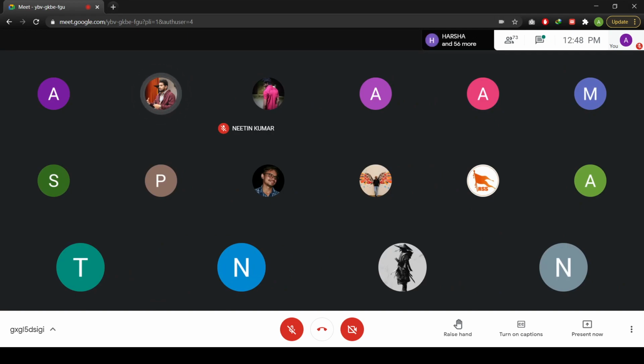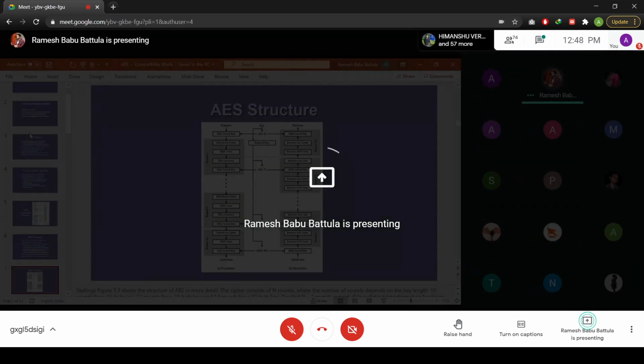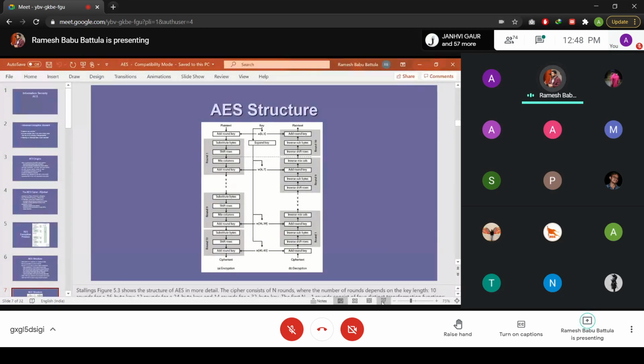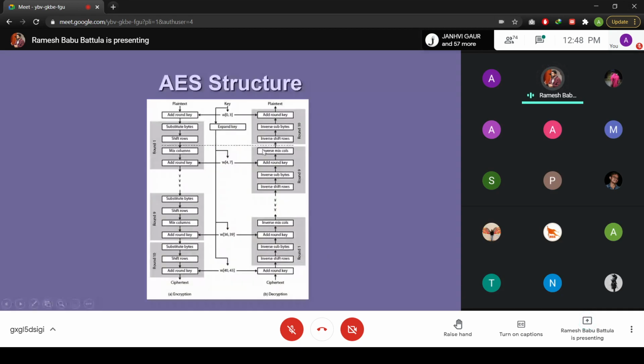Just keep in mind what I want to say to you about this AES algorithm. We are talking about the AES algorithm, and I'm briefing about it. We have 10 rounds. I told you we have 4 functions, and keys are there. The expanded key is going to provide keys for you. Each round consists of 4 operations: substitute byte operation, shift rows operation, mix column operation, and add round key operation.